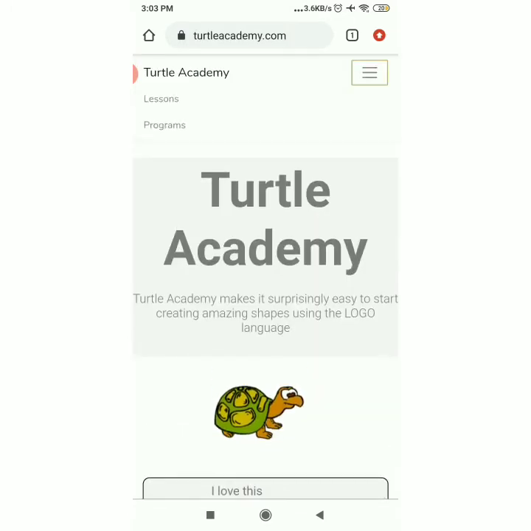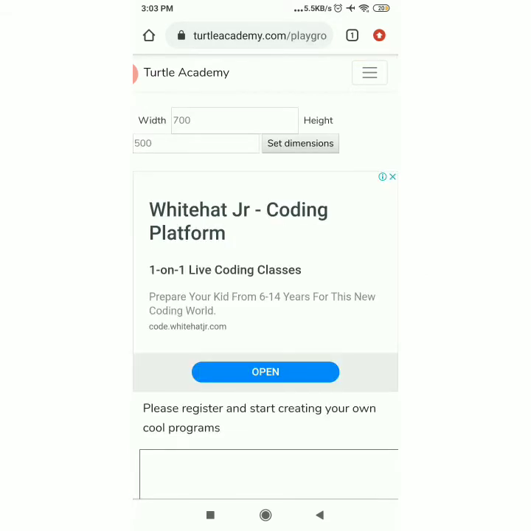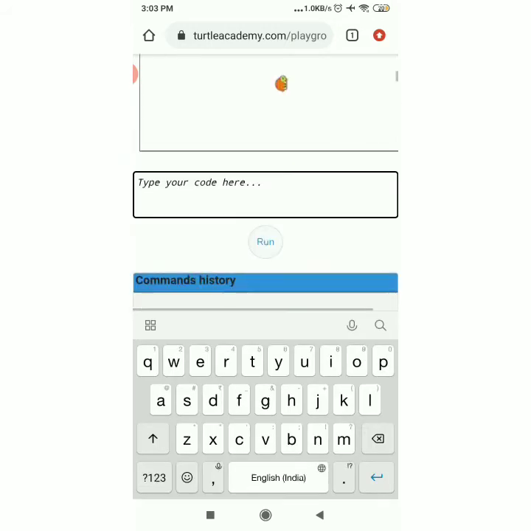From here you have to open playground option. Now you can see this is a very simple platform for online logo practice. As I explained, today we are going to make a square with the help of repeat command. So I'm writing, it's a very short and a nice way to make square.